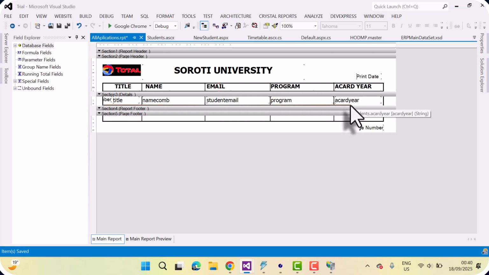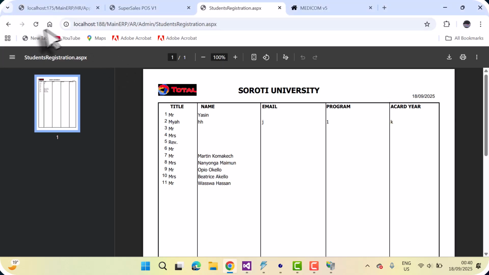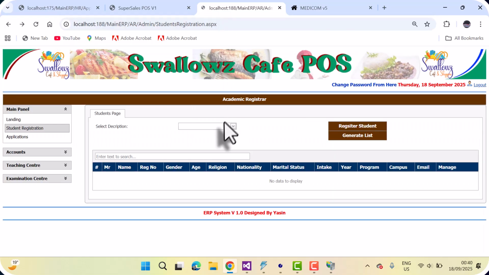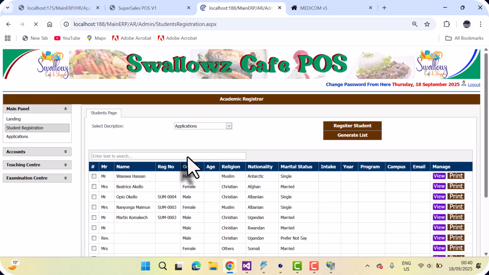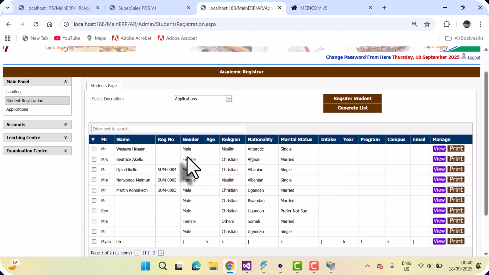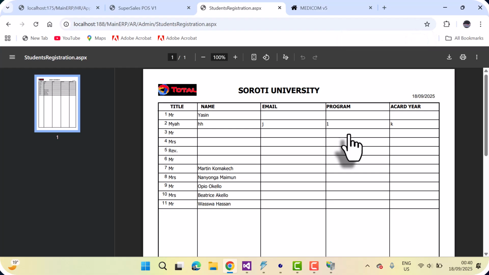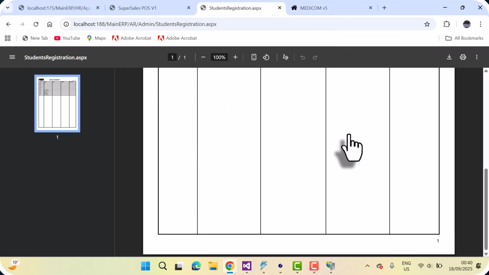So if I do my applications, I have 11. Generate the list. Wow. So you see it's page 1, but down here you can put designed by Solomon, designed by, so you can put it here. Then up here you can add more things, location, you can increase the font, whatsoever. Then the other thing is maybe